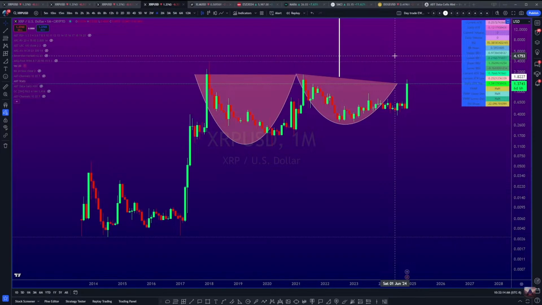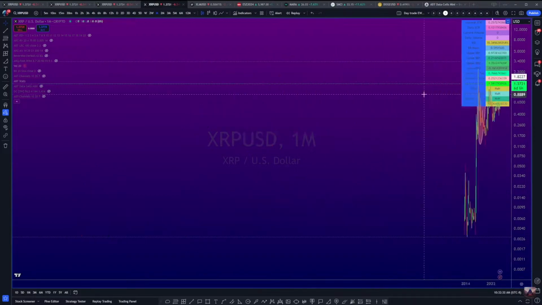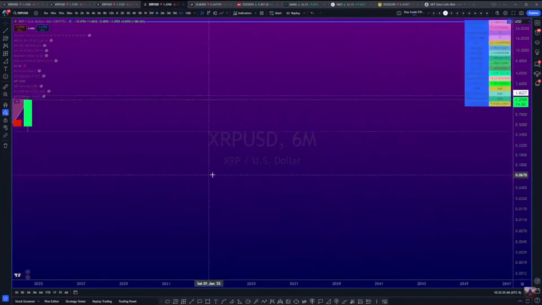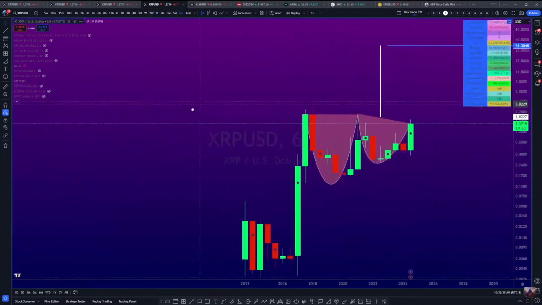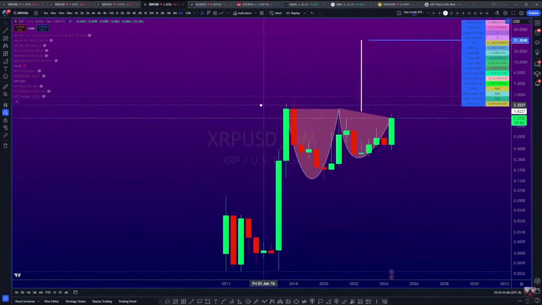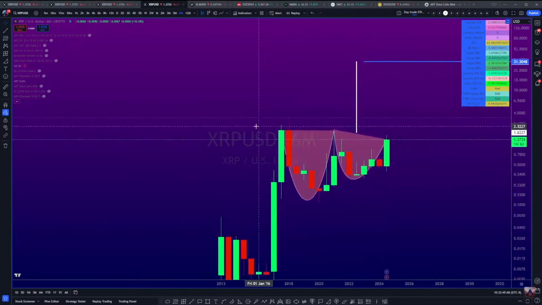Yes, I see upside in Doge, sure. I see it in Pepe, I see it in SHIB. I see it in Solana. I see it in a lot of assets, but I don't see it like I do on XRP. And that's the crazier part of all this. So XRP has the complete rhyming package here for us to observe. And every single target to the upside is also rhyming. I don't know what to say.